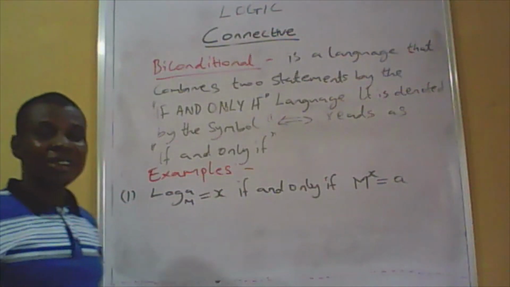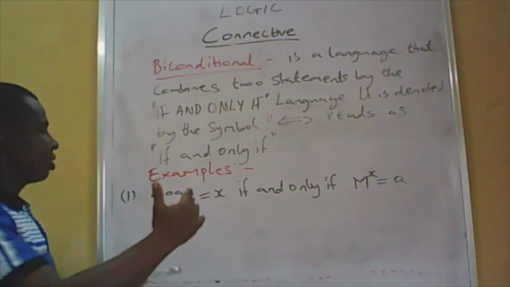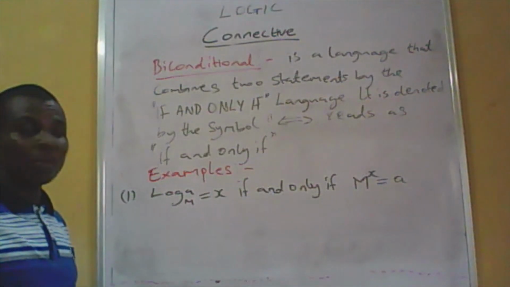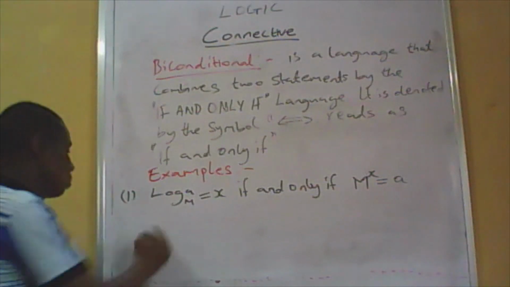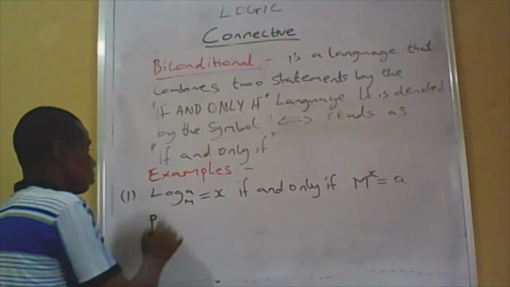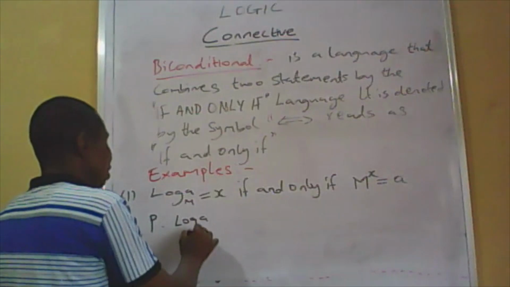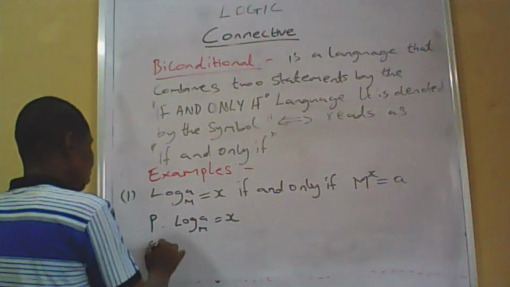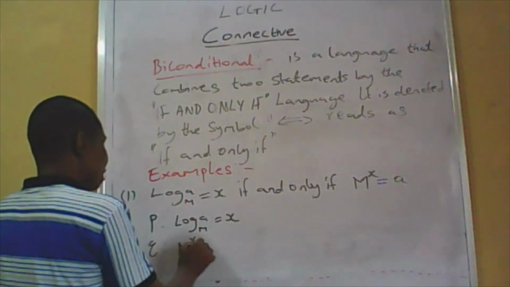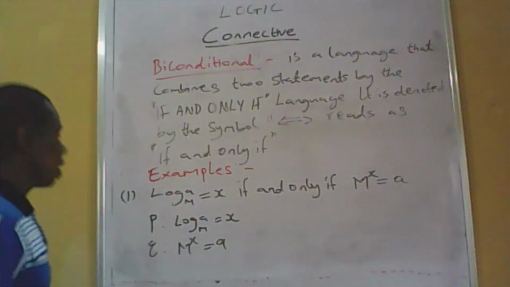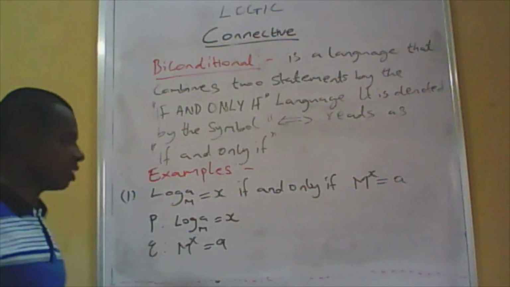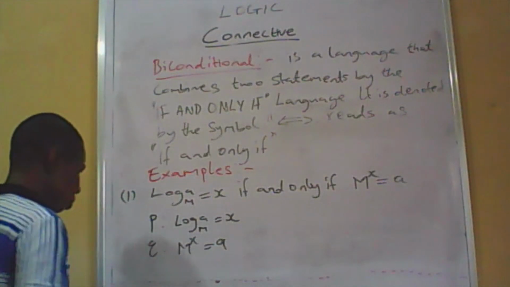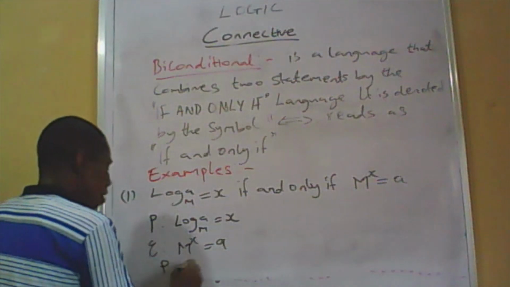Now, let us denote these statements, these ideas, in one statement with our normal symbols called variables. P stands for log A base m is equal to s. Then Q represents m power s is equal to a. Now let's symbolize the statement. We write P if and only if